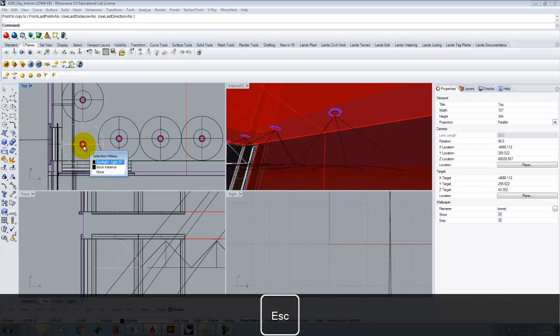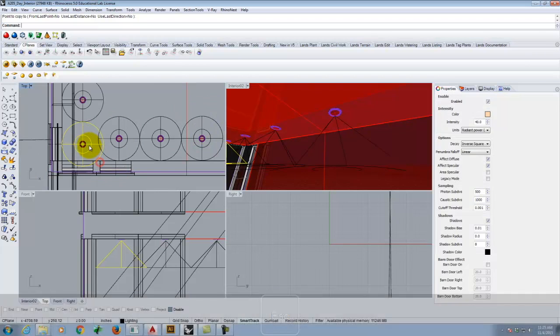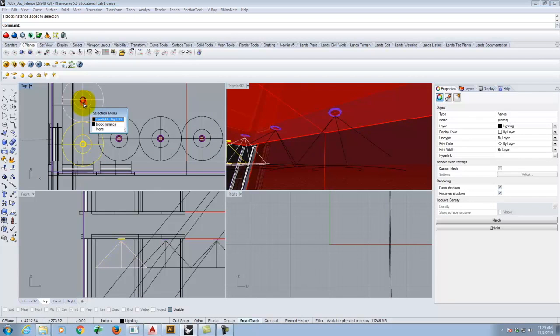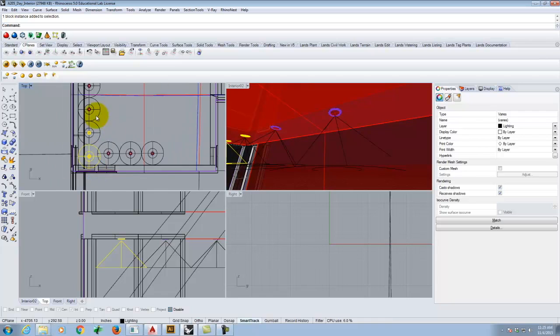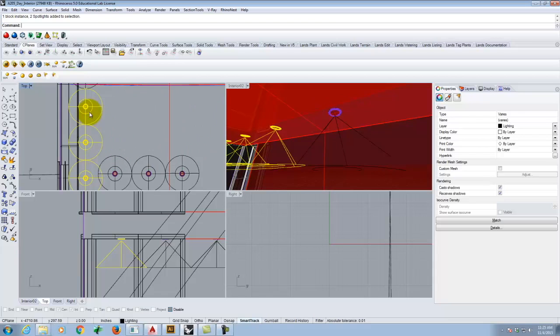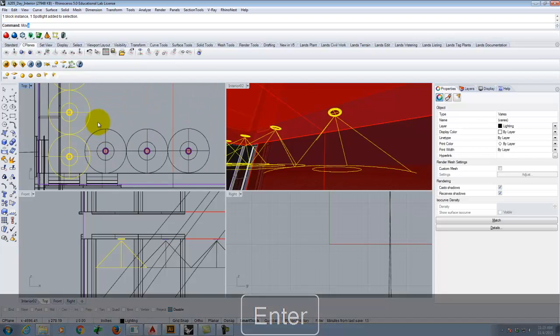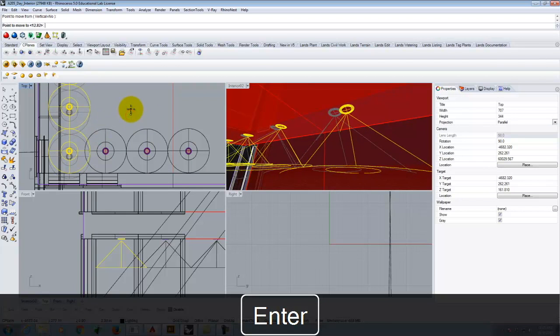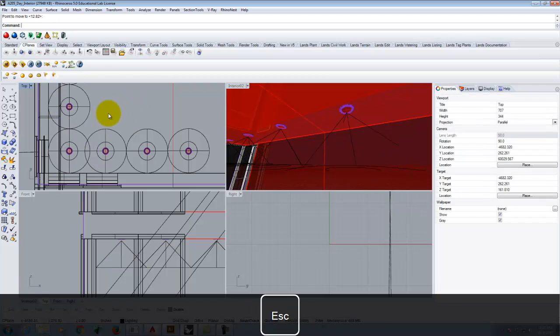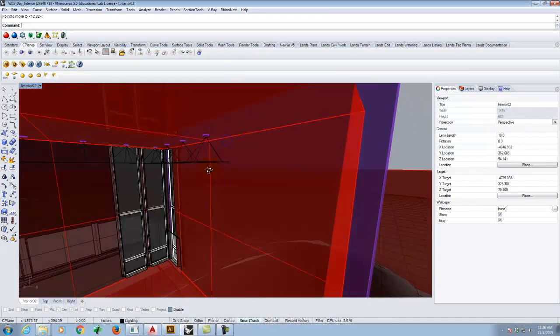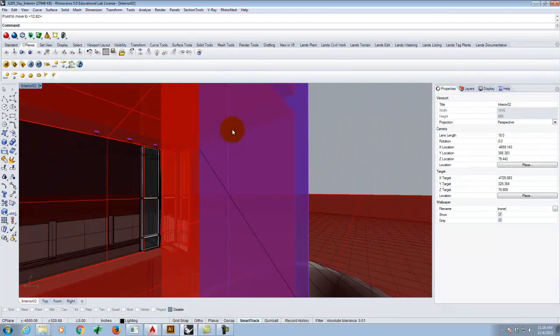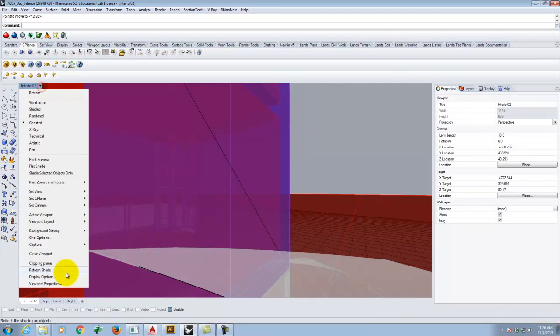Okay. This one's kind of out of place, so I really should move it, and we'll move these guys a bit too. All right, so I have those placed. I can go back to my interior 2 view. There's all of those lights that have been placed into my scene. We'll go back to the set view,